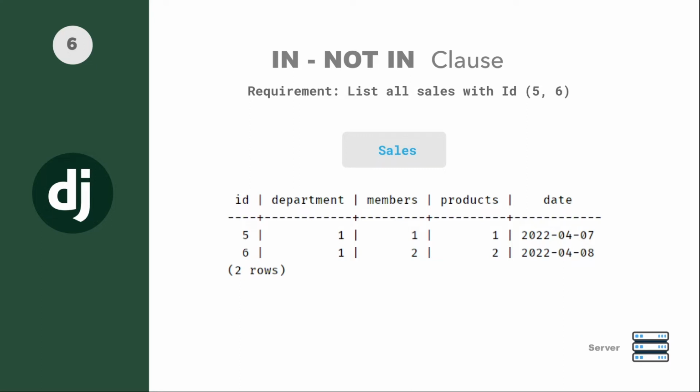Now we need to look at the IN and the NOT IN. For this instance, we have the requirement to list all cells with ID in a list with 2 elements. The ID should be 5 and 6. Let's look at the demo on SQL, how we can query the database using the IN or the NOT IN